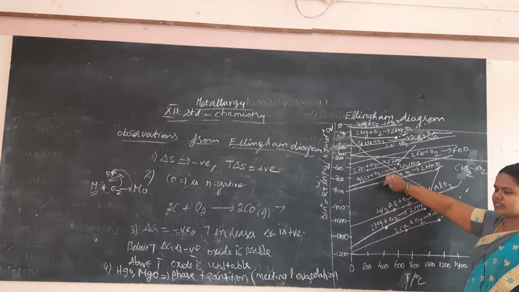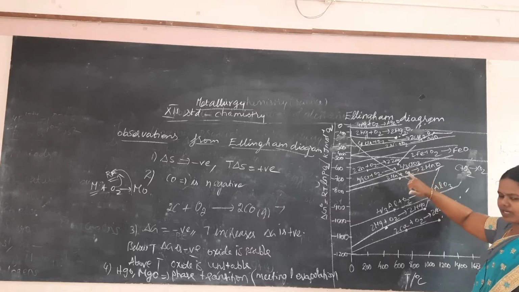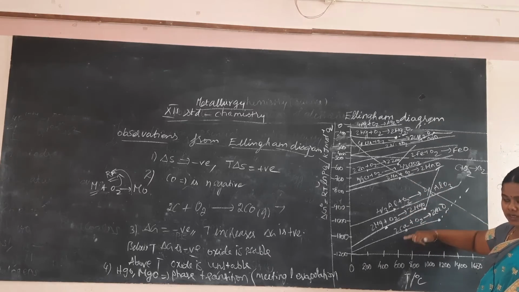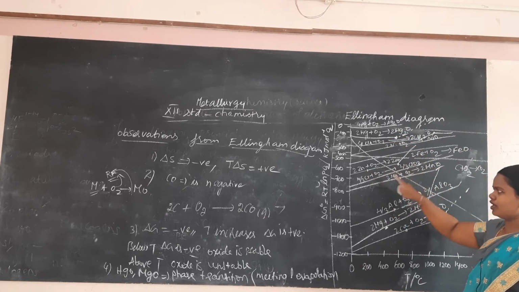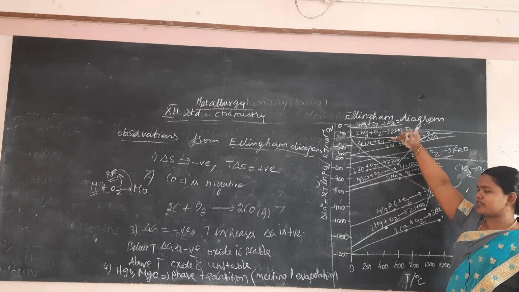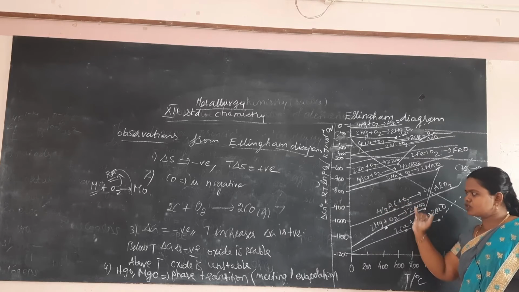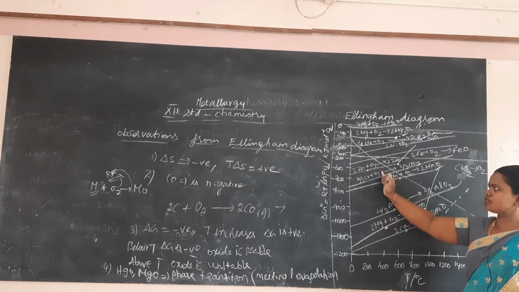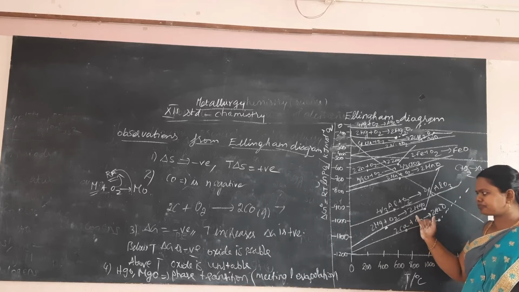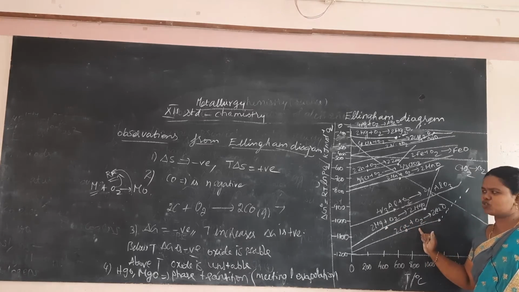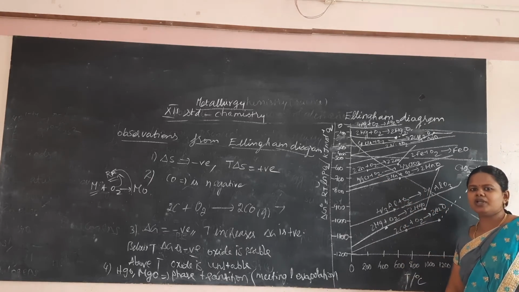So if you want to select the suitable reducing agent, the metals present below this particular reaction can be used as a reducing agent, whereas the elements above cannot be used for reducing, because those present above will be unstable compared to the elements present below in the graph. So here aluminium is stable, so it is used as a reducing agent in the conversion of chromic oxide to chromium, whereas Mg and calcium cannot be used to reduce this. This is how you can select the suitable reducing agent.